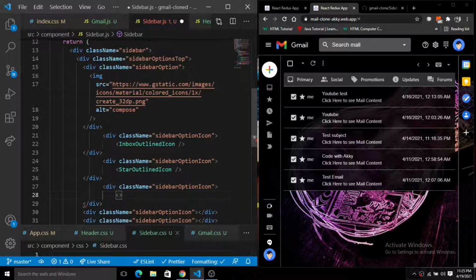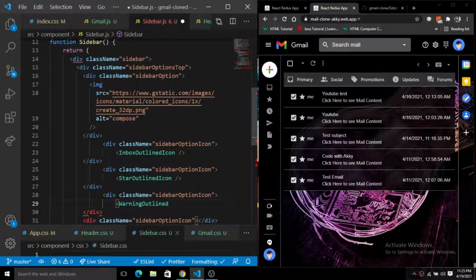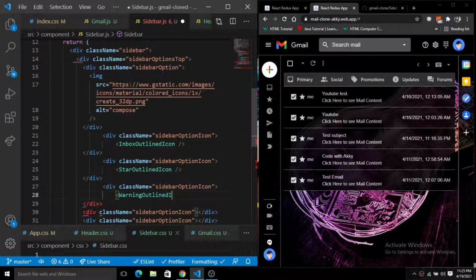So watch letter outlined, okay, watch letter outline icon, right? Watch, not warning, it is watch, right? So it is watch letter icon. Put the / there.